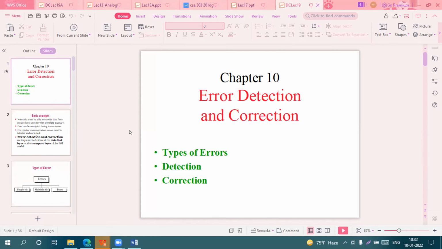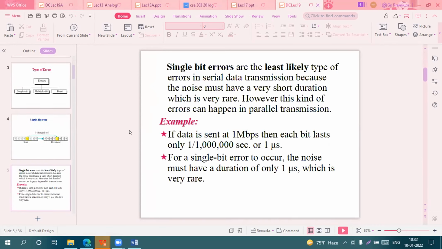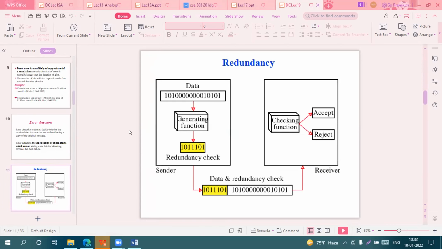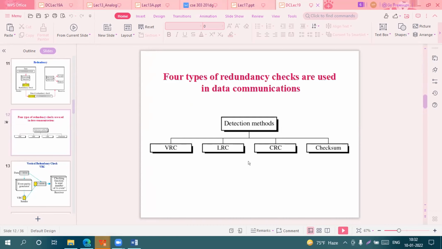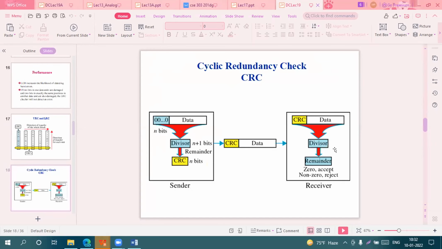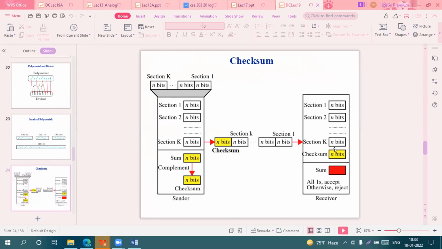ওকে, এটা ১৯ এর। এখান থেকে যে আমাদের ৪ ধরনের ছিল সেগুলো ইম্পর্টেন্ট: ভিআরসি, এলআরসি, সিআরসি, চেকসাম, আর হ্যামিং কোড। এখান থেকে কোশ্চেন আসবে, খুব সহজেই বোঝা যায়, প্রেডিক্ট করা যায়। একটু চালাক হলেও বোঝা যায় কোন রিলেটেড কোশ্চেন আসবে।